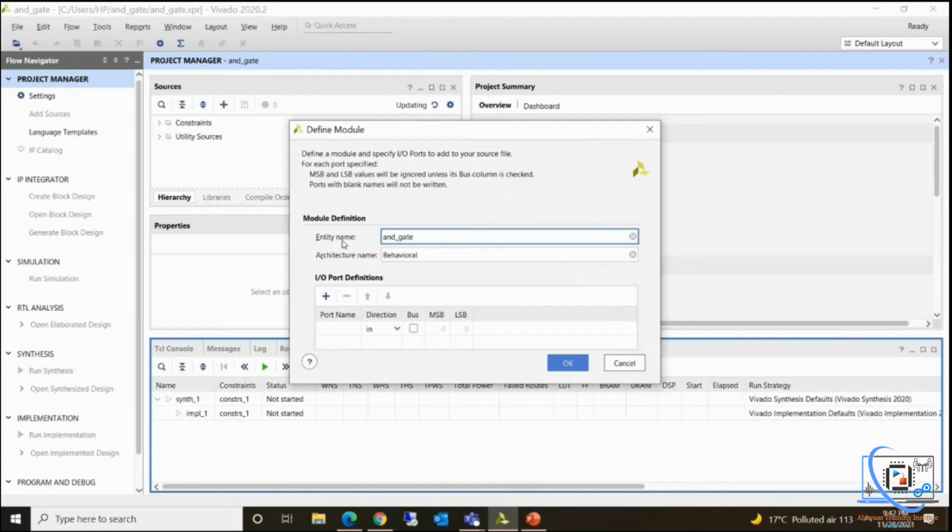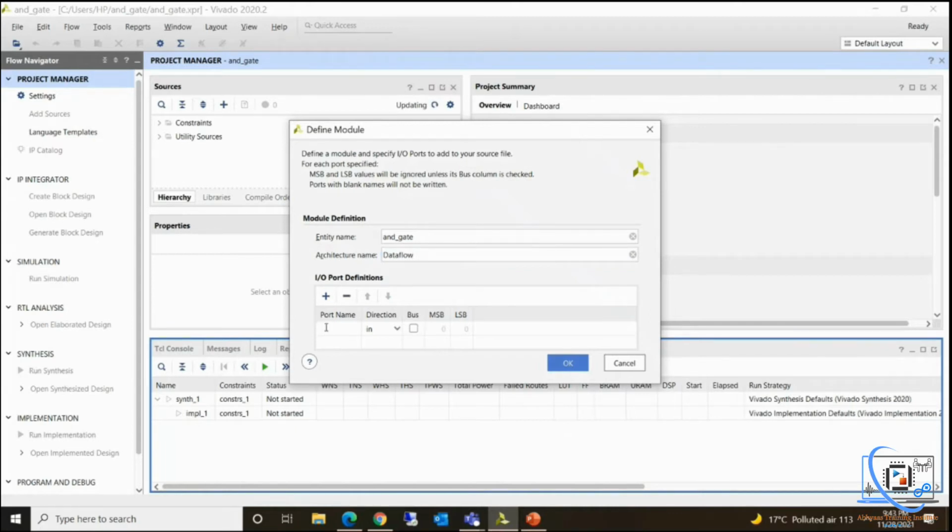So now it is asking the entity name. So it has auto populated the value of the entity name as AND gate. If you want to change, you can change this. The architecture name is behavior. I'll change it to data flow. Now we have to define the input output ports.